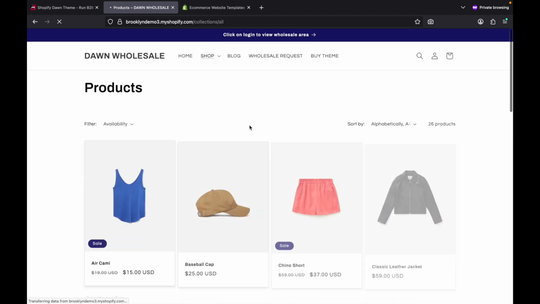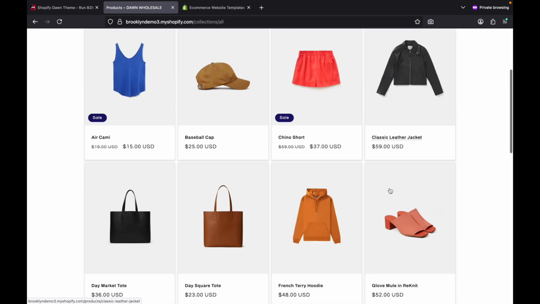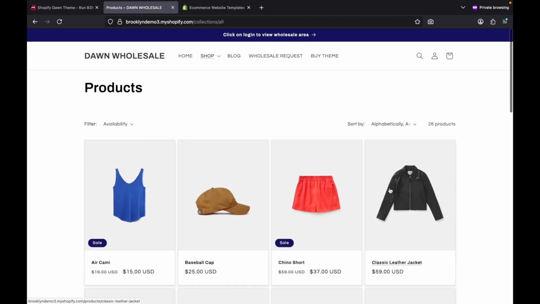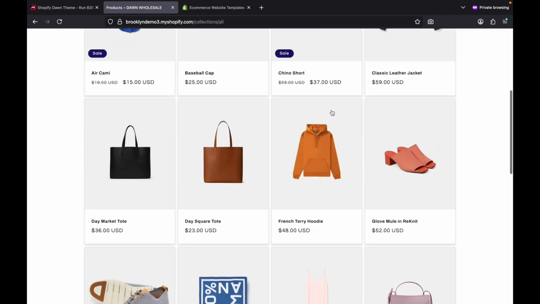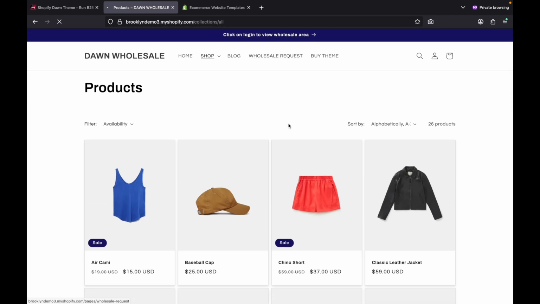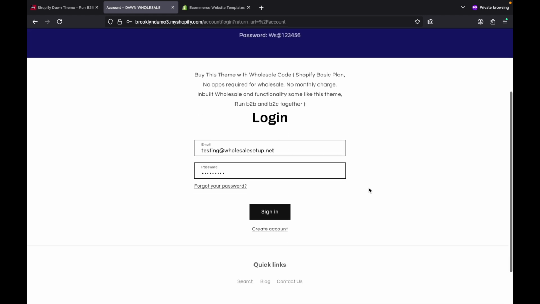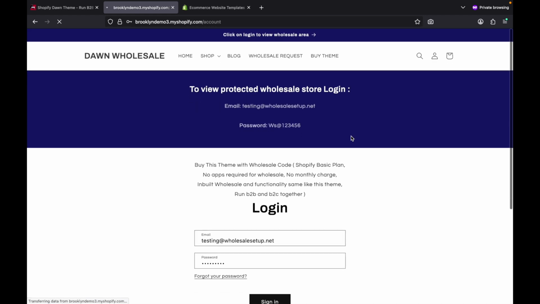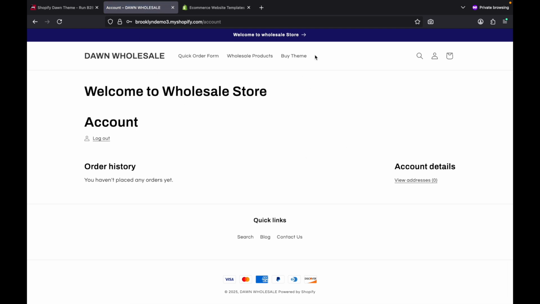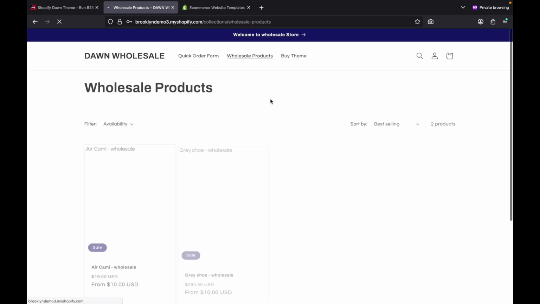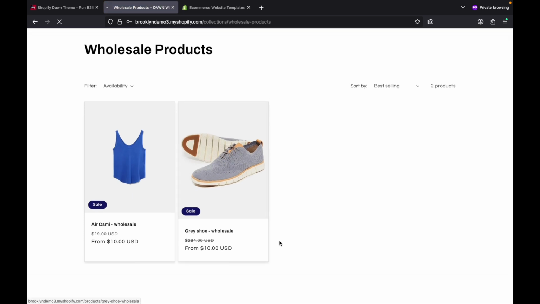As you can see, this is the retail area, and if you want to restrict some products to be only available to the wholesale customers, using this theme you can do that. Let me show you the wholesale area. This is the wholesale area access. This is the demo. After login or sign in, this is the wholesale products. As you can see, these are the wholesale products,